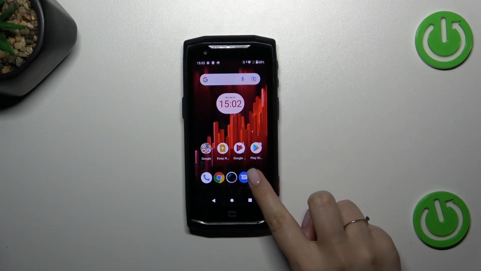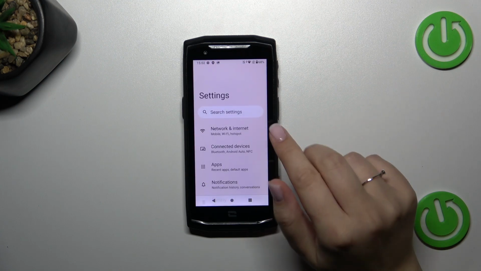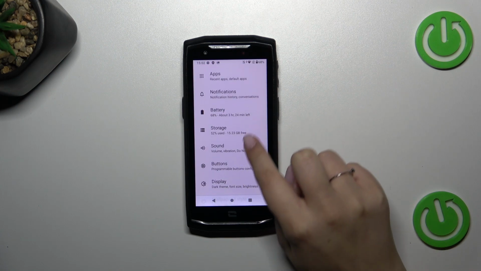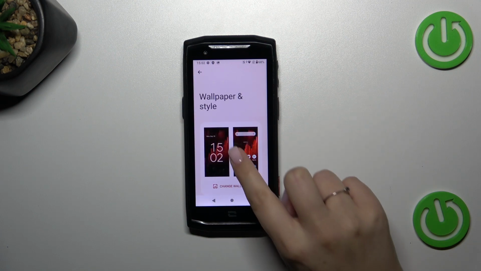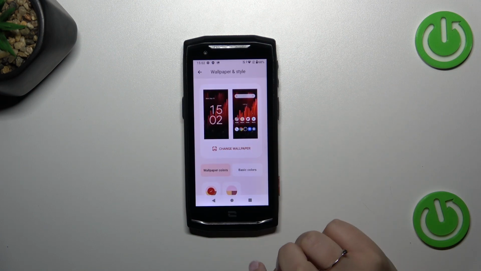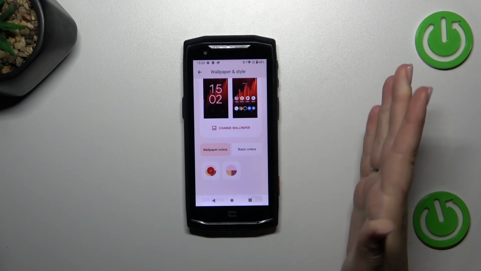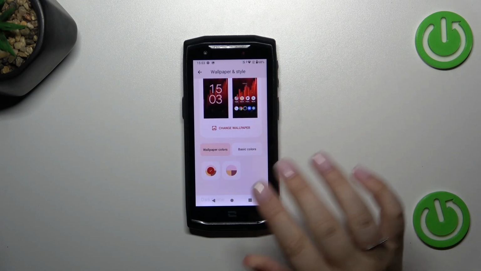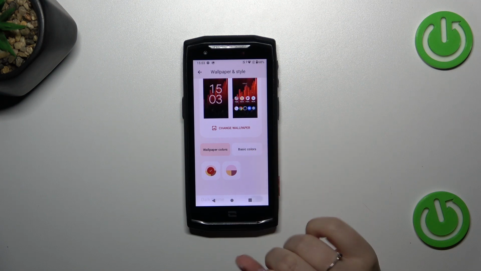So let's start with opening the settings, and then here we have to scroll down in order to find wallpaper and style. Here we've got the preview of our lock screen and the home screen. All we have to do basically is to tap on Change Wallpaper, but here a quick disclaimer: we can change